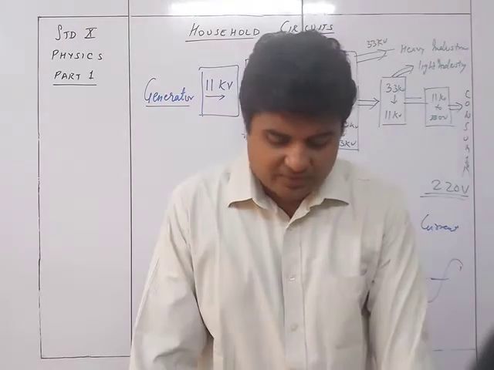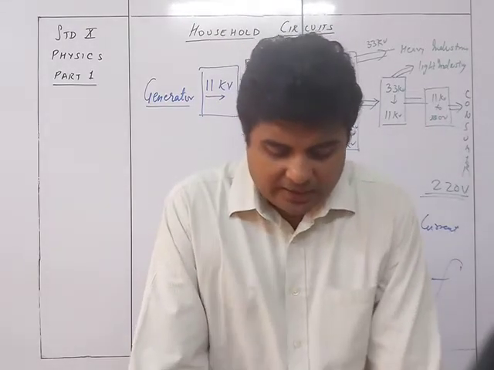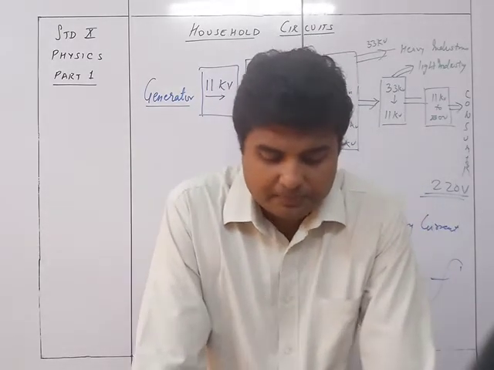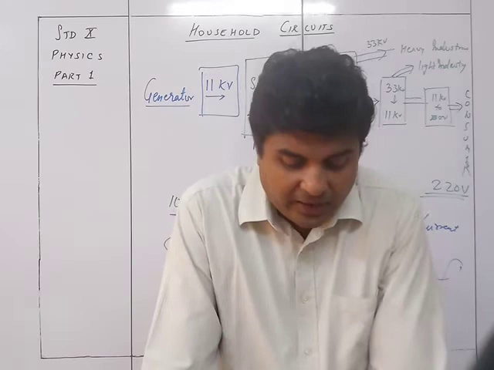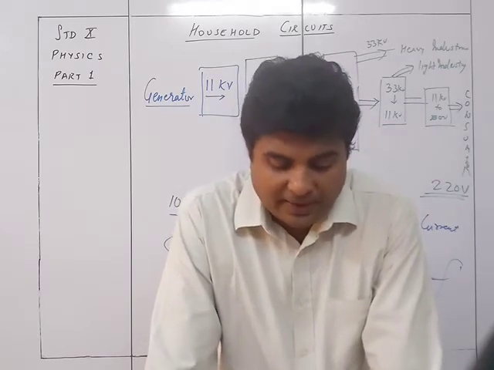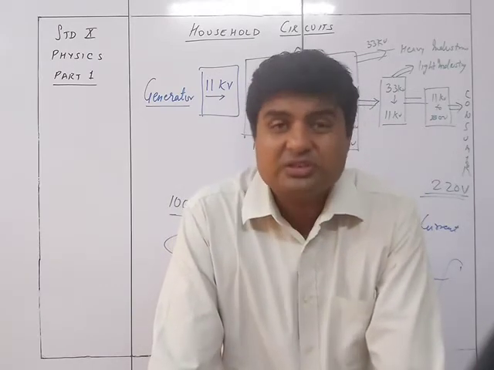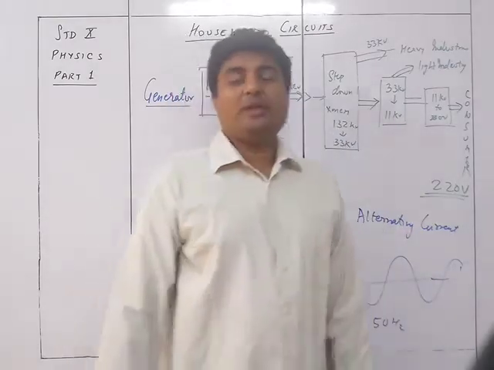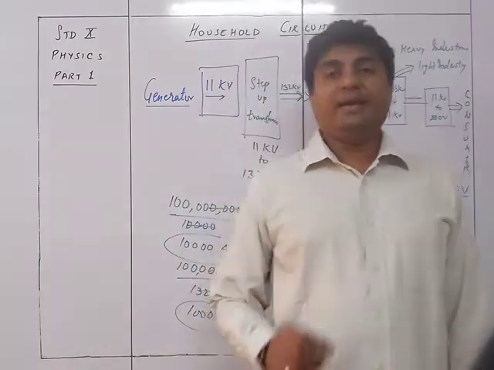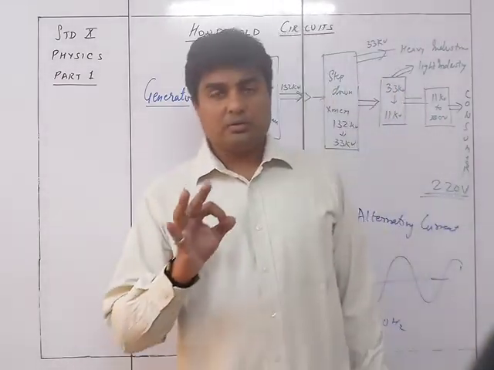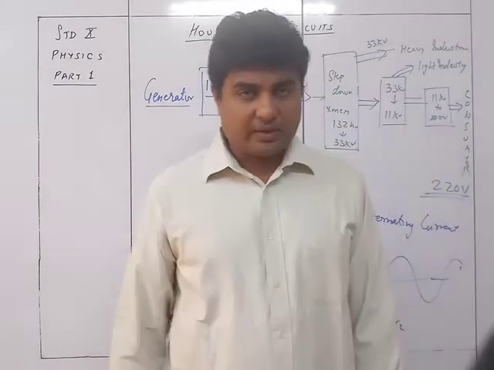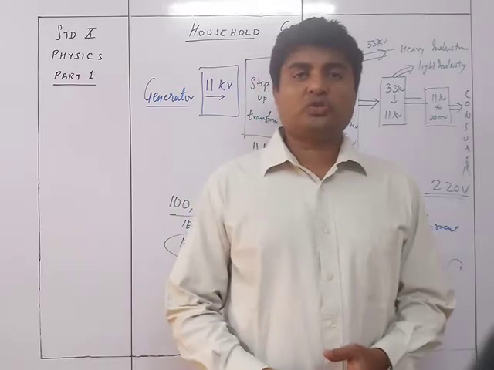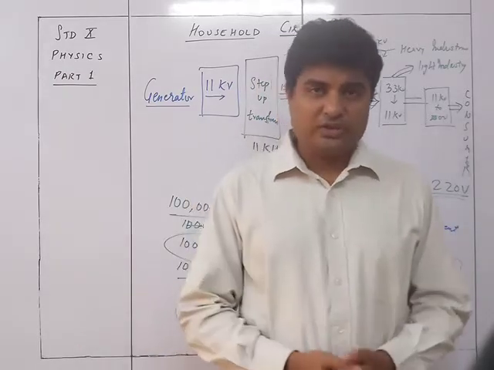So that's what is given over here. Power generating station 11 kV, grid substation step up to 132 kV, main substation step down to 33 kV and to heavy industry, intermediate substation step down to 11 kV and to light industry, and then to city substation step down to 220 volts to the consumer. So this is how the current reaches your nearest location from your house. Okay, that is the point wherein we can say the distribution box to take into your house is available.